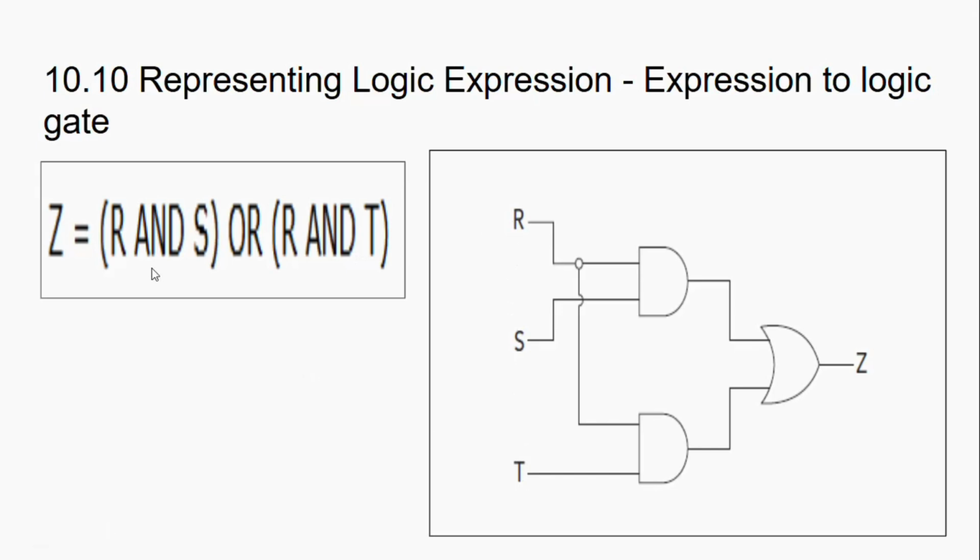After that go with the sub expression R, S. Write the AND gate for that R and S. After that go with the other child expression, that is R and T. Take the input from the T and draw the AND gate. At last for both of them you have to do the OR operation. From both the AND gates take the line and draw the OR gate for both the results of the child expressions. Then that will be Z.